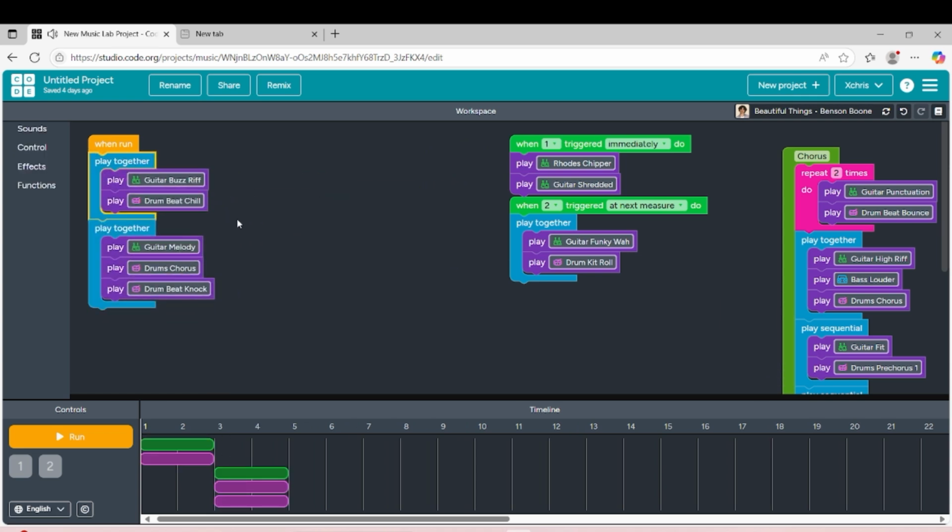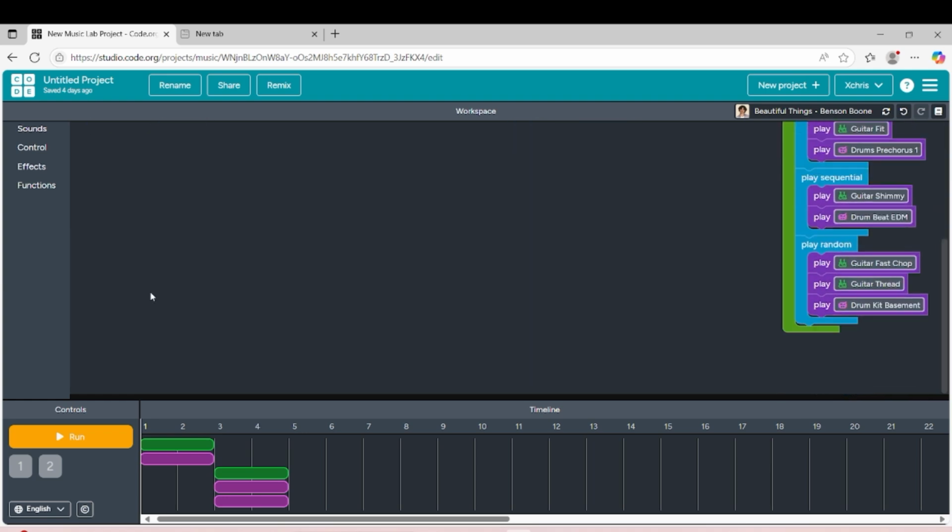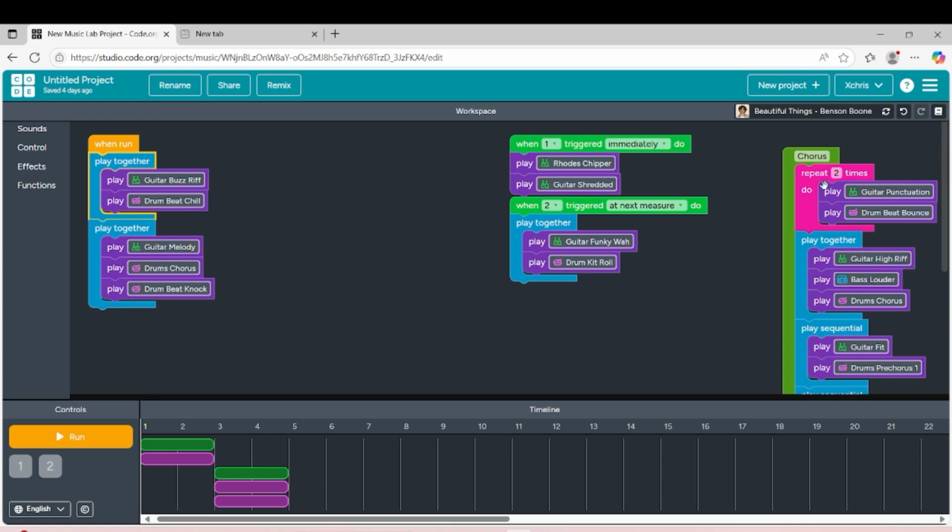Or let's say you're making a whole song and you don't want so many instruments that it overflows all the way to the bottom, right? Like this one.